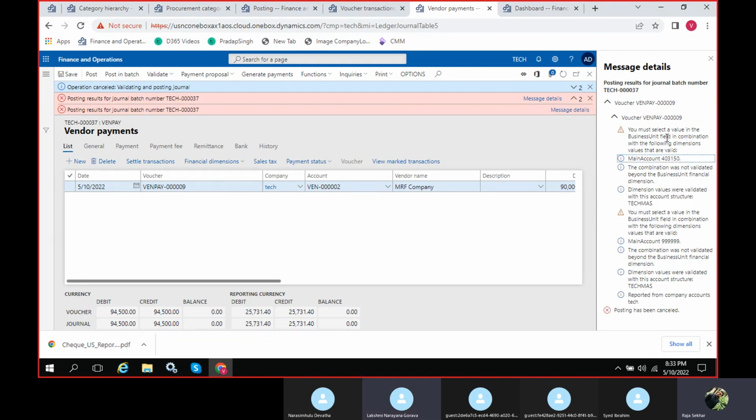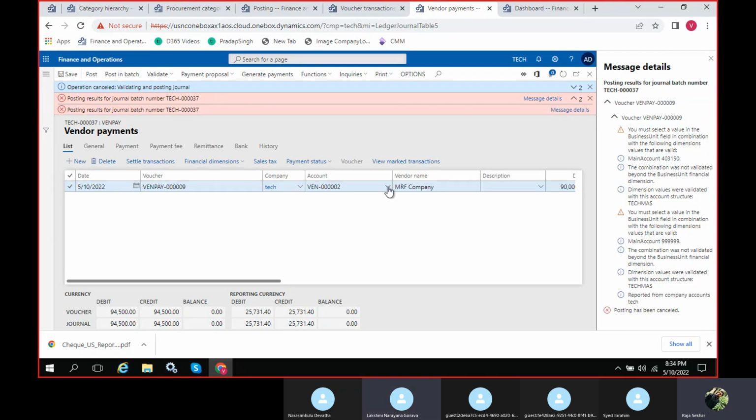No idea. Rashid, this fixed amount, to which account it has to get posted, that account we need to do, right? The bank charges, that amount has to go to some specific account, right? That account we have already defined, but what it is saying is, you must select a value in the business unit field.